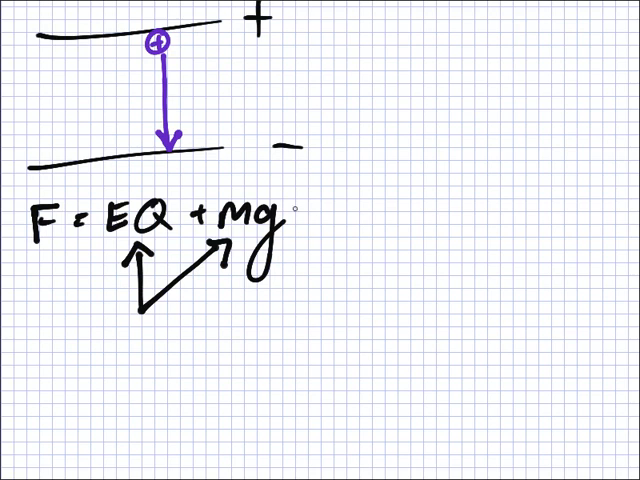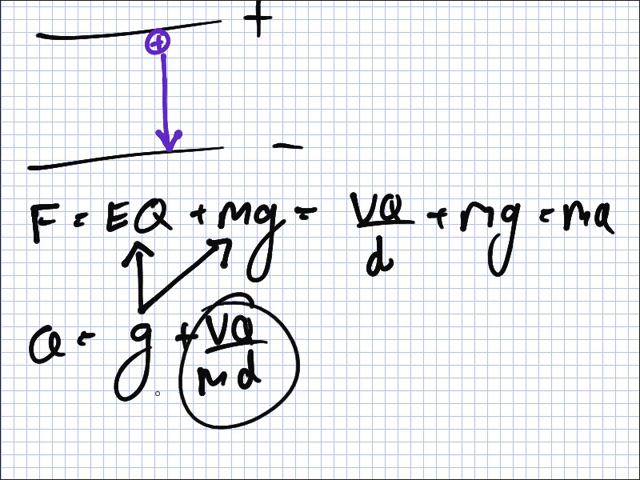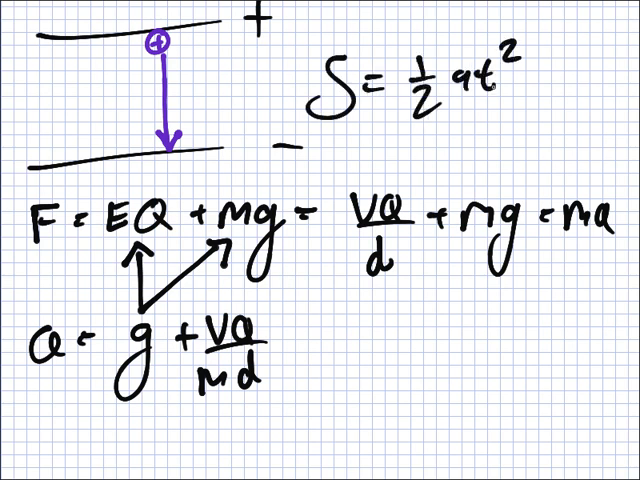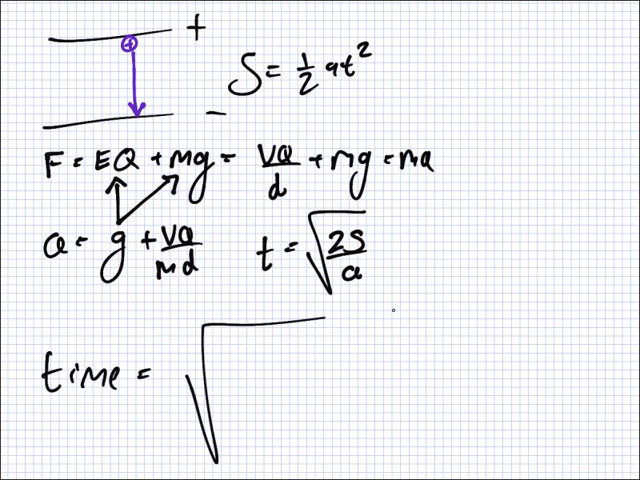All right. So this is equal to VQ over D plus MG, and that's equal to MA. So A is equal to G plus VQ over MD. But like I said, this is so big compared to G, it shouldn't matter at all. And S equals UT plus a half AT squared. And what am I looking for? The T. T is root 2S over A. So the time will equal root